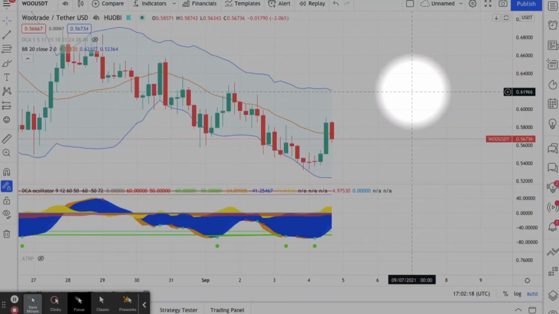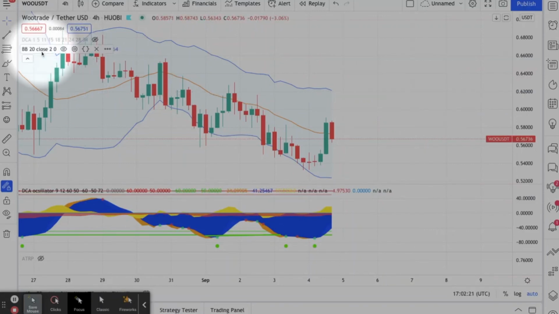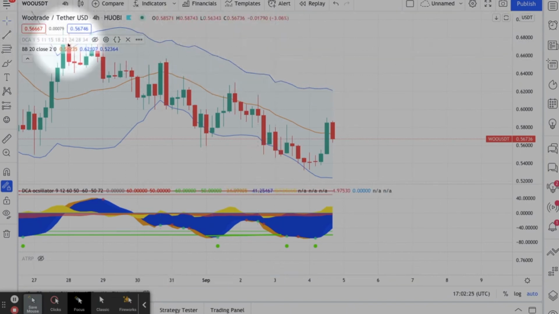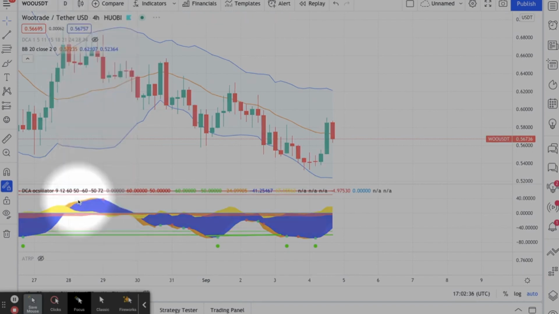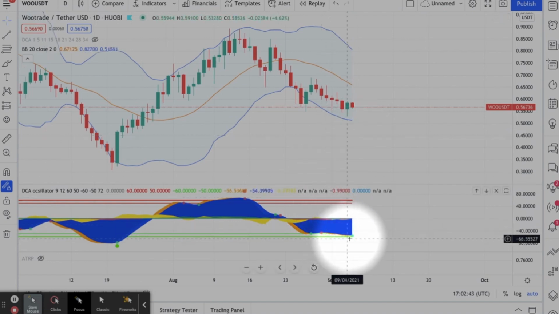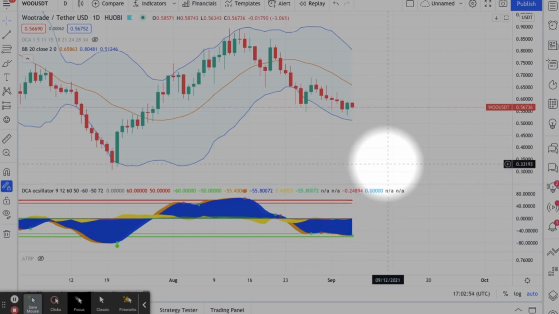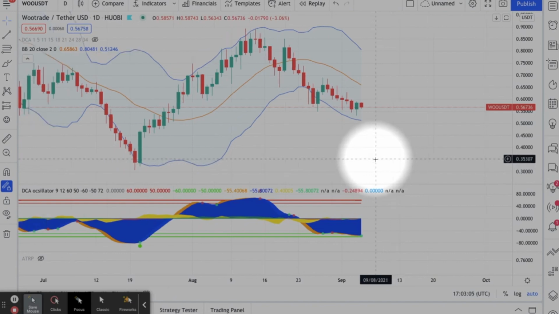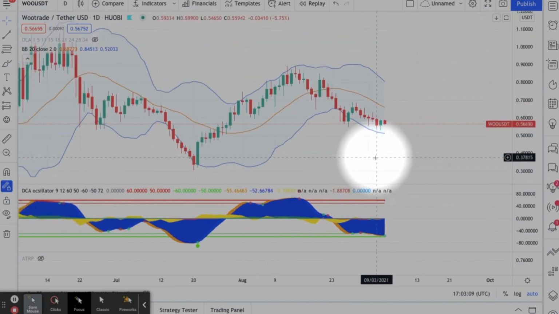What I want to do today is show you my thoughts and ideas with this WOO USDT Woo trade. I came across this, and when I was looking, I came across the daily time frame. On my indicators, I have a pretty low RSI, and that is something I really like to see before entering a trade. So I did a real quick estimate and got a good idea of where I felt would be a good area to go in